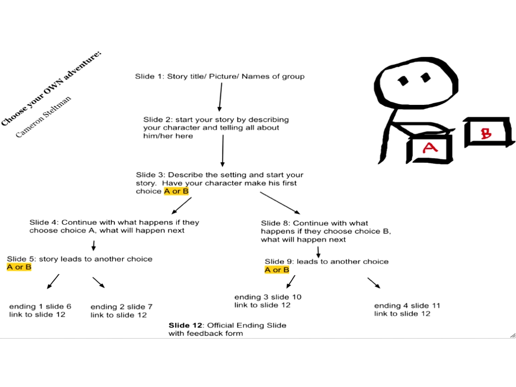And then if you go to slide 4, you're continuing with what happens if they chose A, and they move on to slide 5. The story kind of continues. Then they're in slide 5, and then comes another choice. And you can choose to go through the red door or go through the blue door. And if you go through the red door, you're at your very first ending on slide 6, and slide 6 has a link to slide 12, which is your official ending form, and then there will be 4 endings. So what you get if you follow this storyline or this flowchart the first time is a story where a character makes 1, 2 choices, but there are 4 different possible endings.